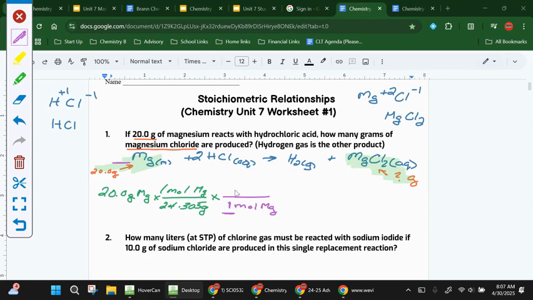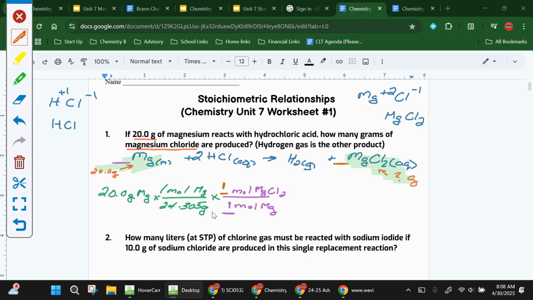We are going to moles of magnesium chloride. Again, the number that I put in front here comes from the balanced equation here, which also happens to be a 1. Okay? What this is going to allow me to do is get out of moles of magnesium and into moles